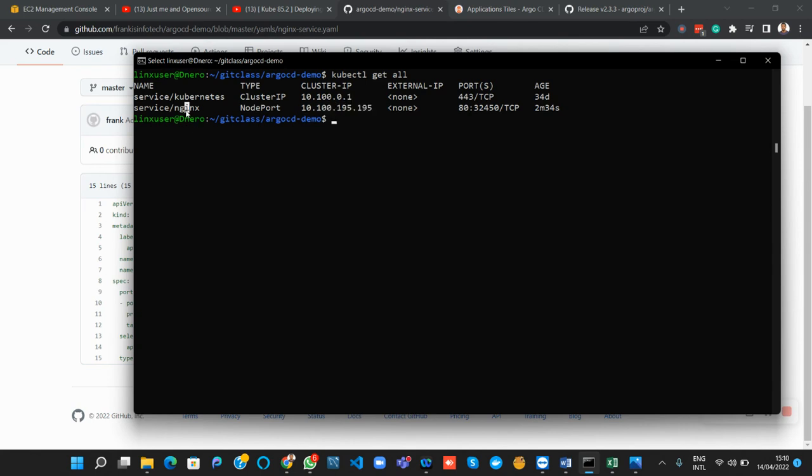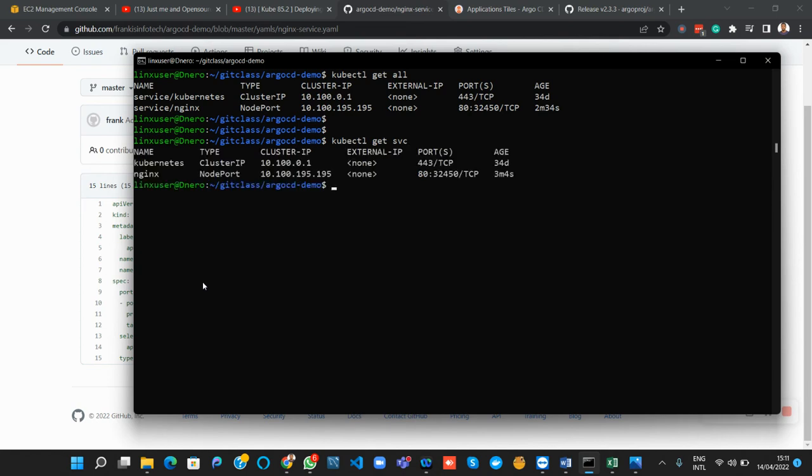Okay, Nginx service. Why was it not coming up? This is from all namespaces. All right. kubectl get service from namespace. Let me see. Okay, get service. This should get me from